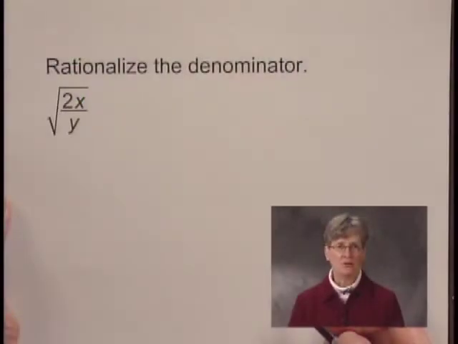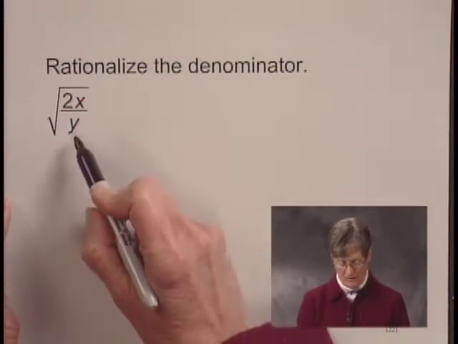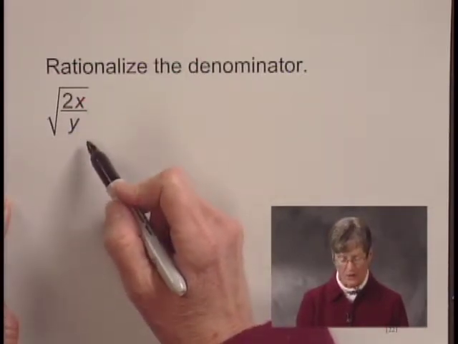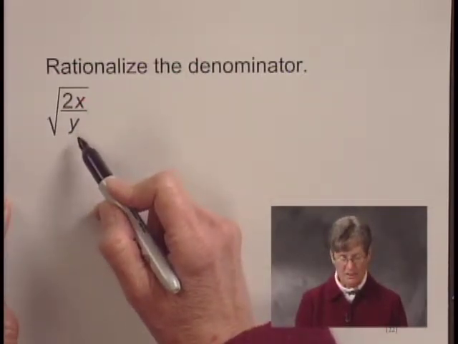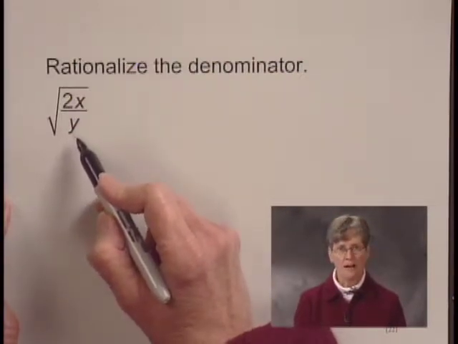We'll rationalize the denominator of the radical expression, the square root of 2x over y. Now, when I rationalize the denominator, what I want to do is to rewrite this expression without a square root in the denominator. So I need to multiply this radicand, 2x over y, by something that gives me a perfect square in the denominator. And I see that if I had one more factor of y, I would have y